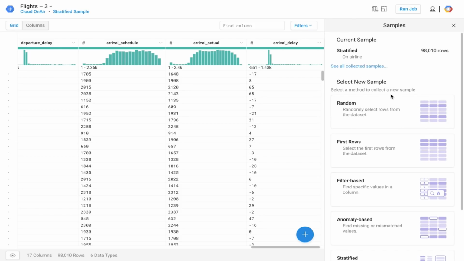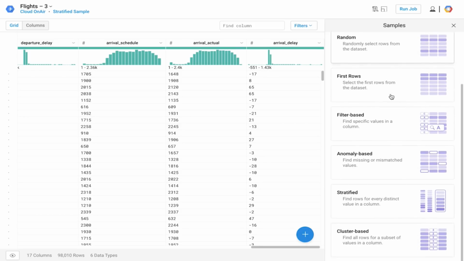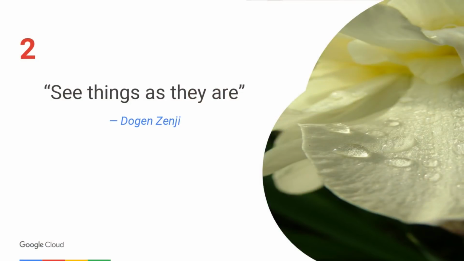Using Data Prep, you can control the samples available to you. By default, we generate a first rows or random sample, but there are other options. You can see filter based, anomaly, and the stratified sampling I showed you earlier. These samples help you fulfill the first principle of the Zen Guide, which is to understand and capture outlier examples. Principle 2 is to see the world as it truly is,